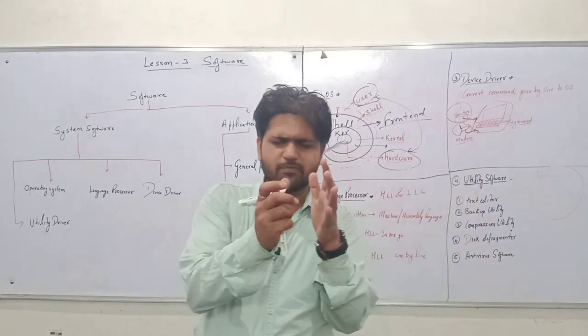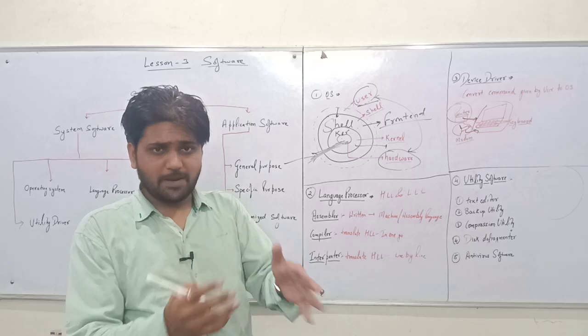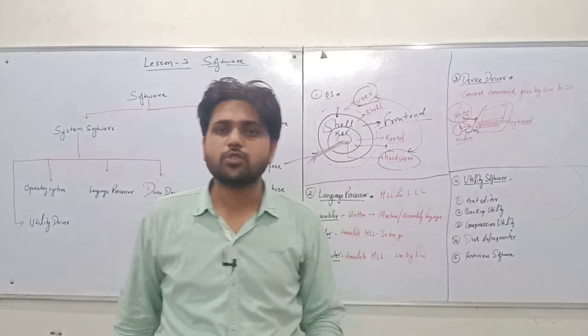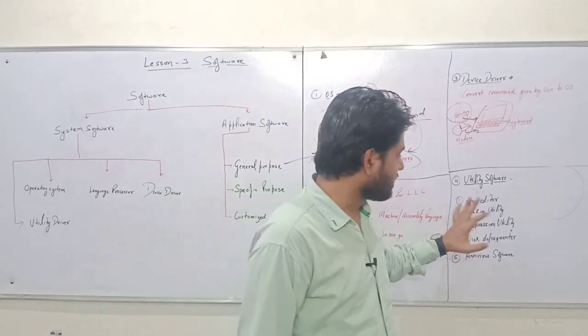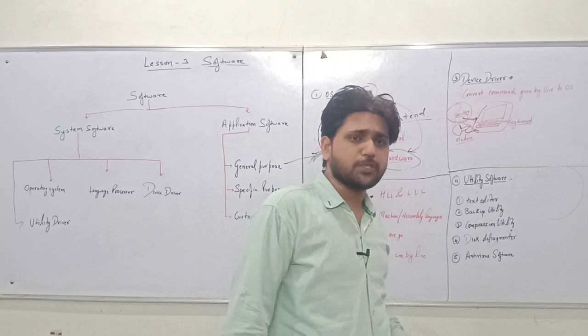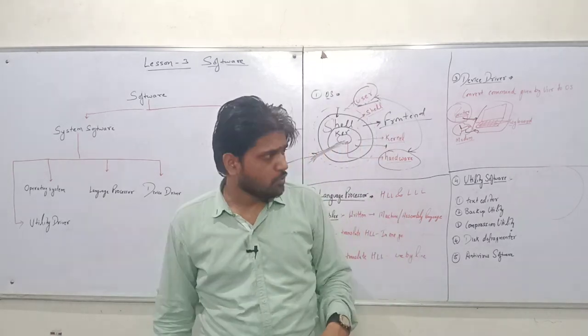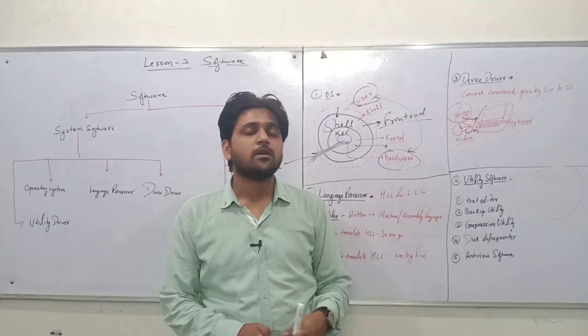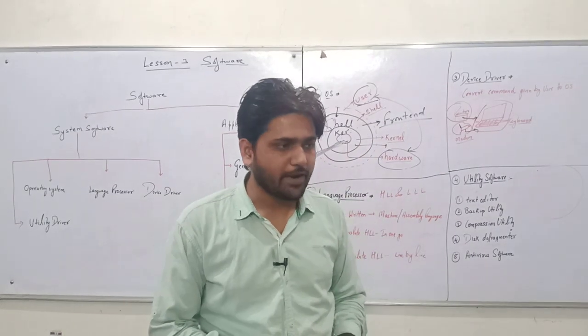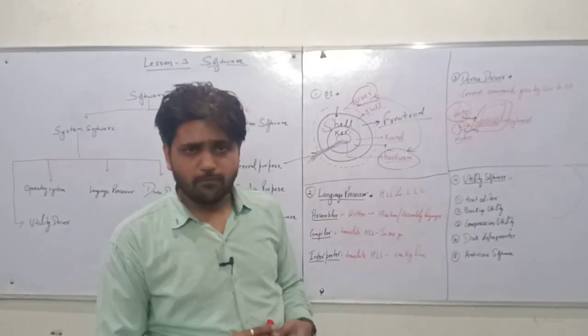Compression is used to compress the file so that a large amount of files can be stored in a small area. Backup utility is used to back up the data. Text editors are the normal editing devices. Antivirus are the special software which are used as a tool so that unwanted data or stuff can be avoided. That's all for today.